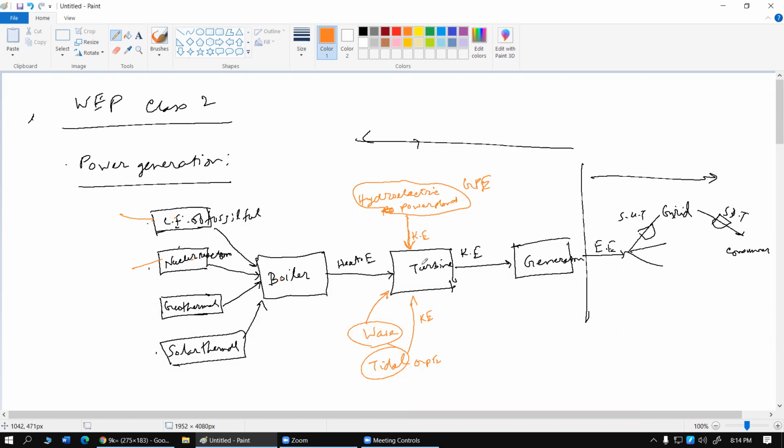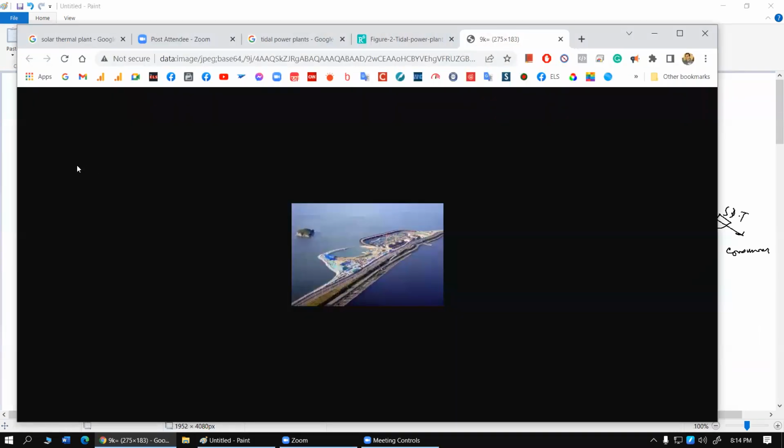Wave energy, on the other hand, is also responsible for producing some electricity as well. How does a wave